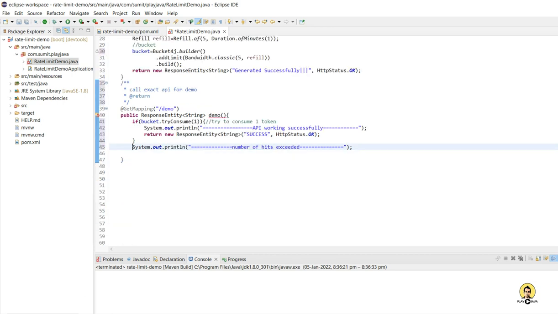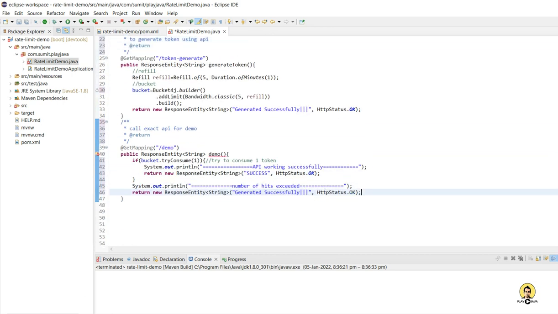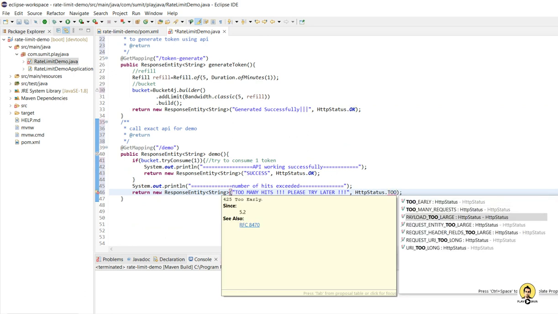So I'll just return the response entity here that the number of hits has been exhausted. I'll write here, too many hits, please try later, and the HTTP status will again change. It will change to too many requests.